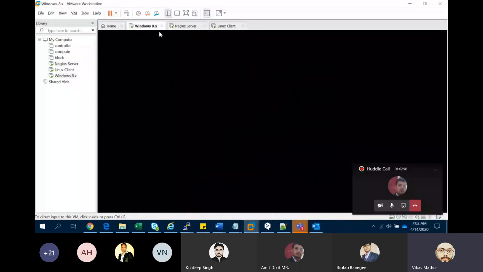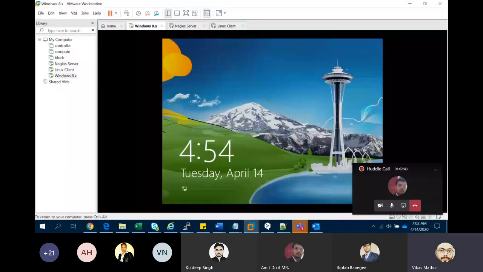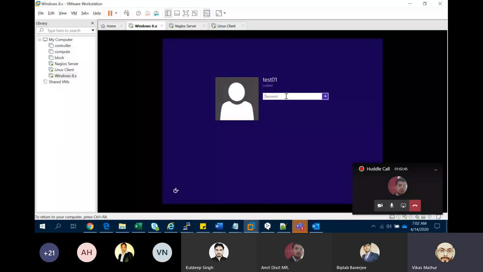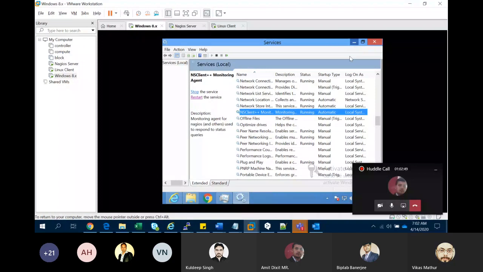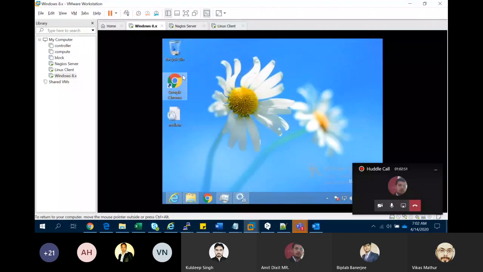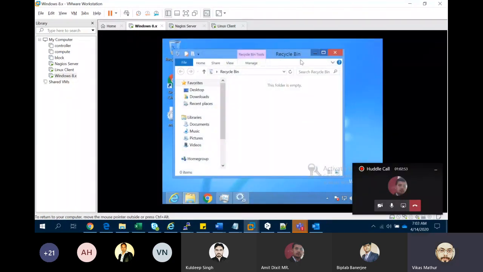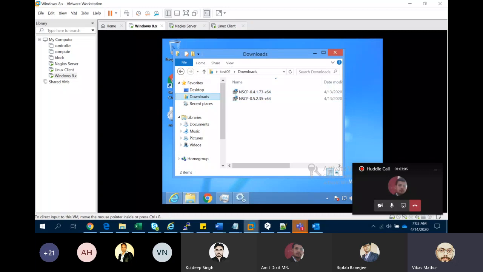This is the Windows machine I created. This is my fresh Windows machine. You can take any Server 2016, and if you want to monitor multiple things, what I did was just download this package.